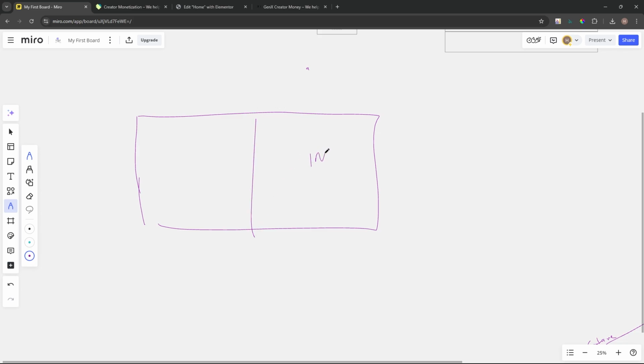So there's your image, and then in here is your title text. And then there's a thing here, your container,